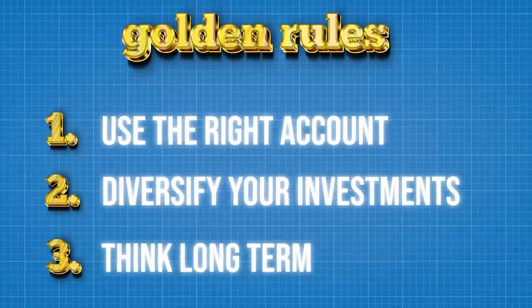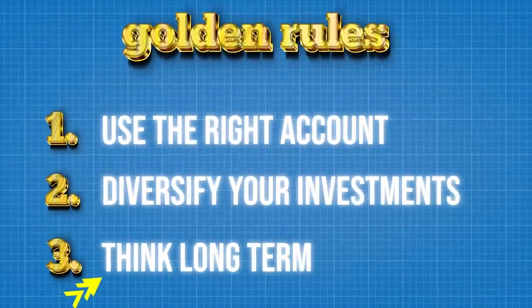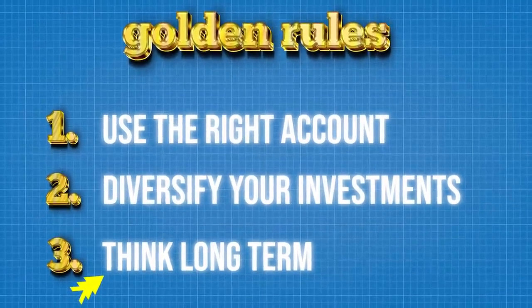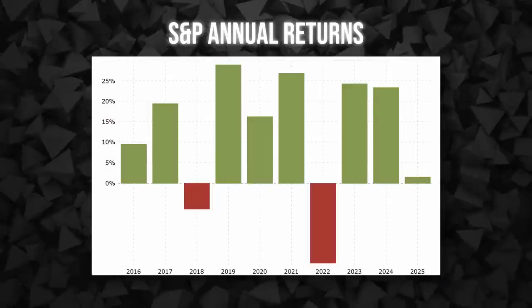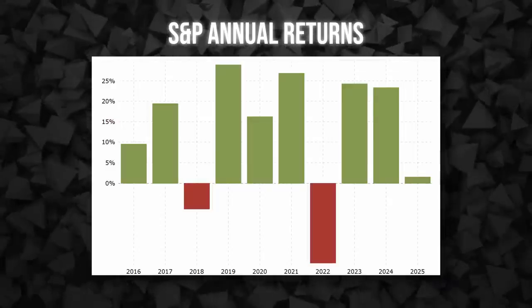Now, the final point I want to cover is this one. Whatever portfolio you choose and how you make up your investments, you have to think about this for the long run. This is because anything can happen in the short term. And no matter how smart you might think you are, even a great investment can lose value during bad times. Just think about it like this. If you're a keen viewer of the stock market, you'll already know just how volatile things can be in any single year.